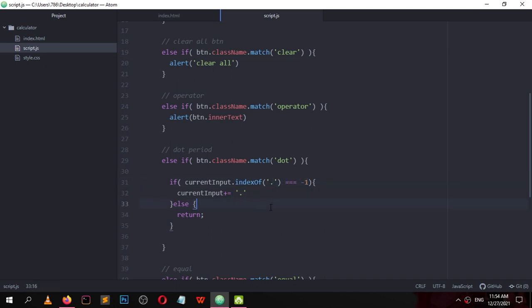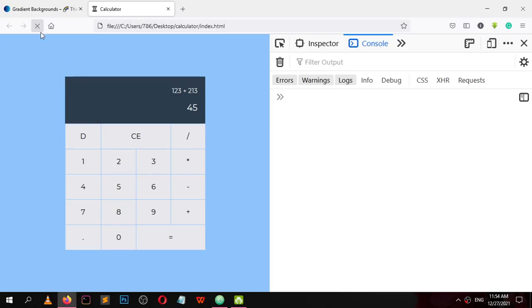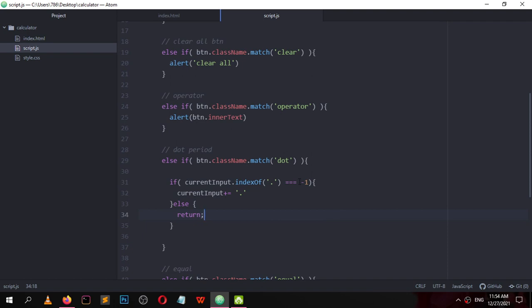If this is not present, it will log this -1. So if this is not present, add this or else return. Reload 4, 5 dot, it is not doing anything. What am I missing? Let me copy this or log it.